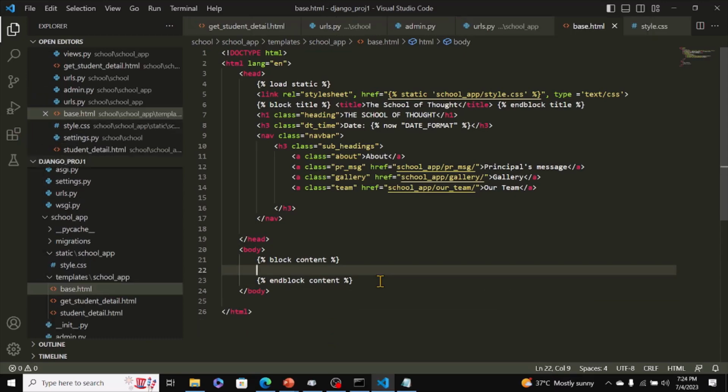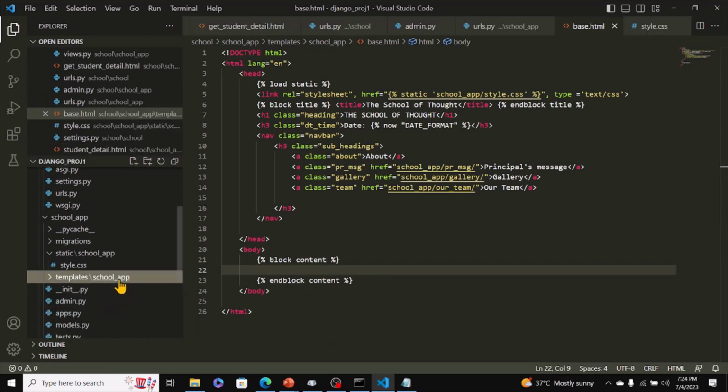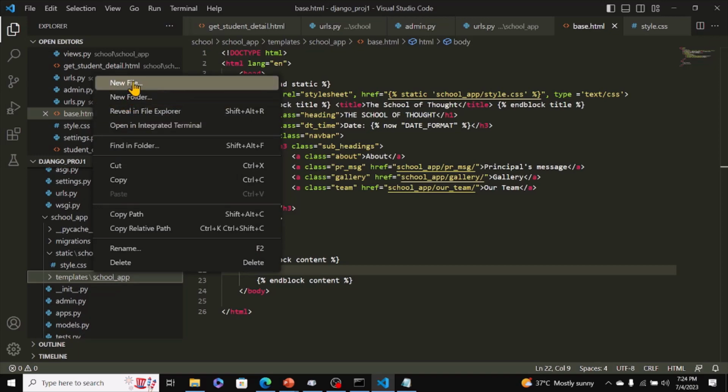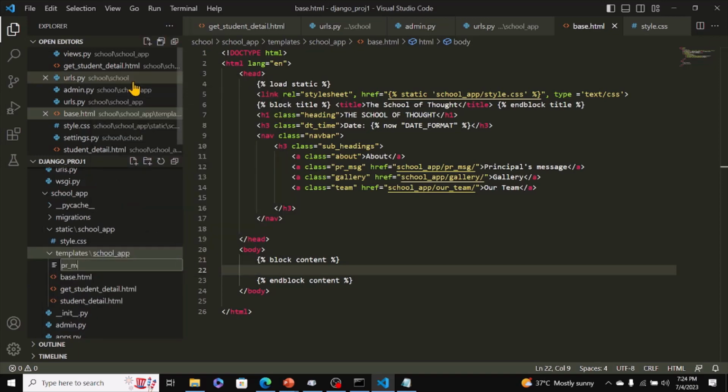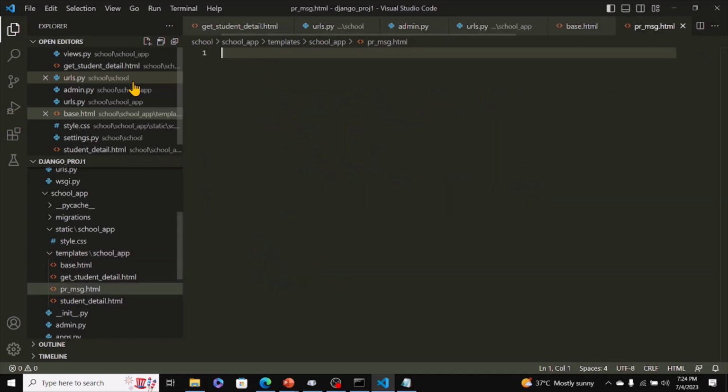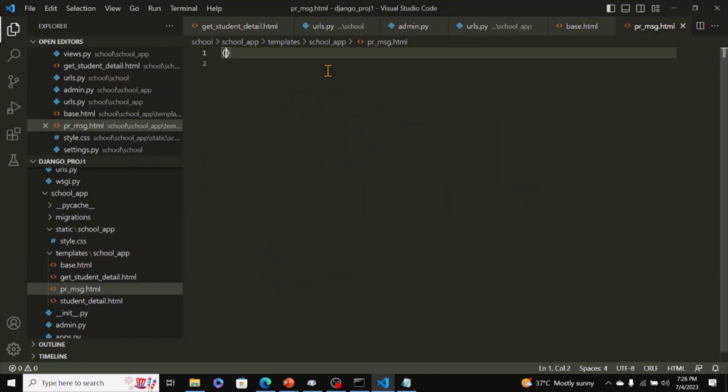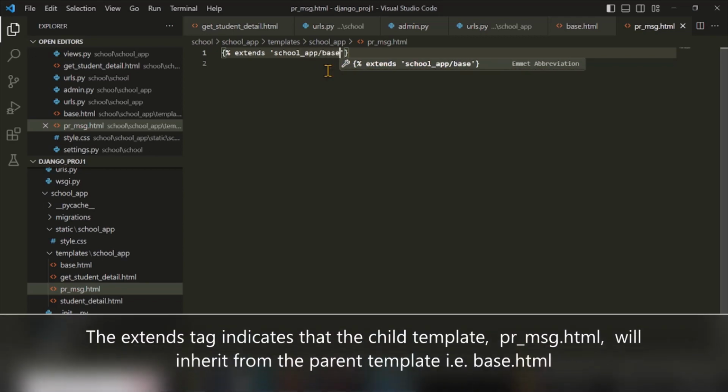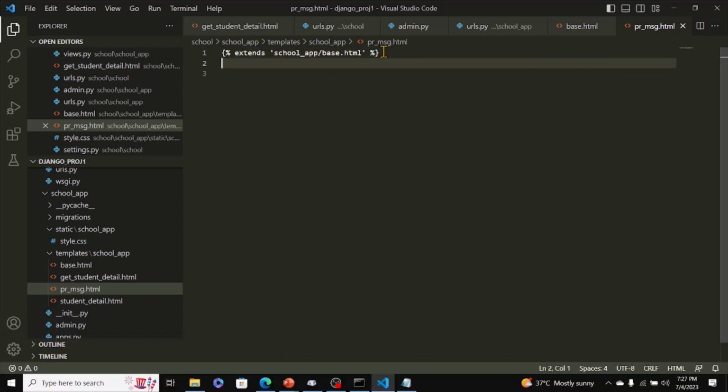Let's go to the first child template. Let's create principal message. So PR message.html. Every child template will start with the extends tag, which is the key to inheritance. And we put in the app name followed by the name of the parent template, which is base.html. The next thing we need to do is to put in load static to load our styles. We start our block